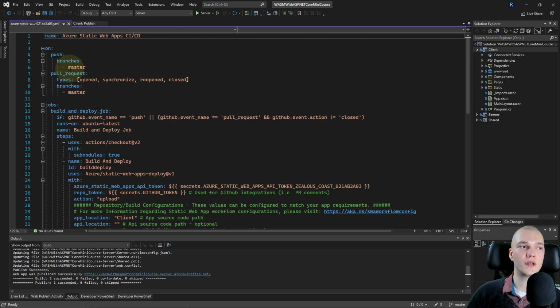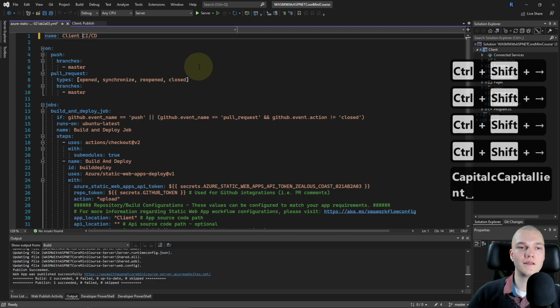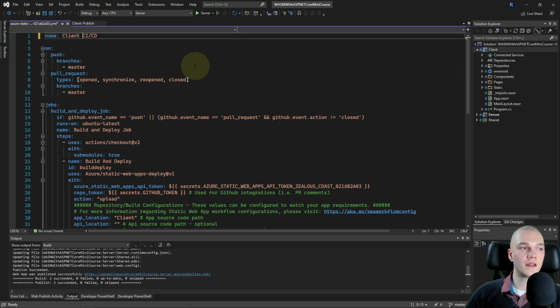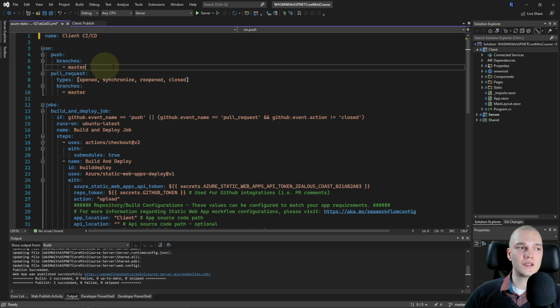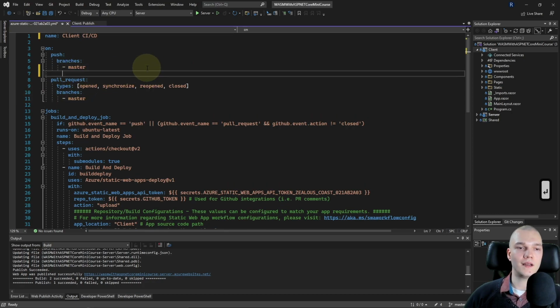So first of all, I'll change the name at the top to client CI/CD, and at the end of the branches and then on master I'll hit enter and then shift tab to indent back. And indentation is very important in YAML, so make sure that's right.